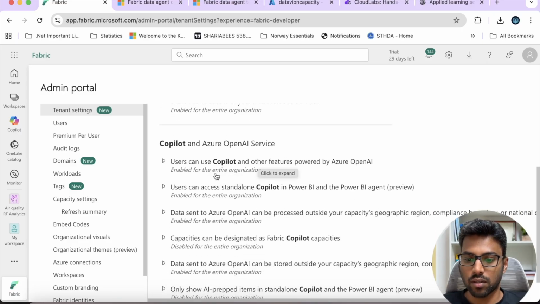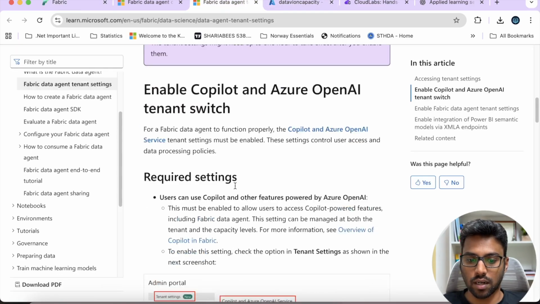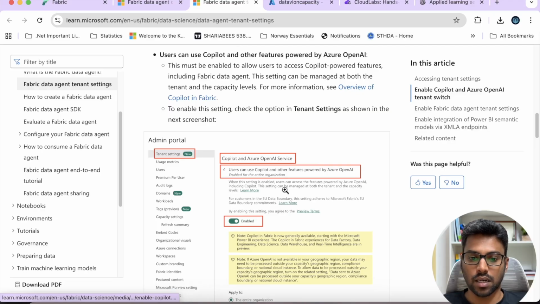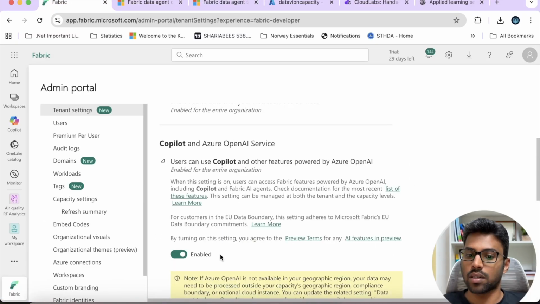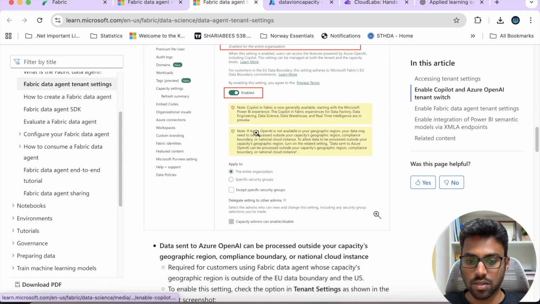Make sure a few things are enabled here. You can see there are screenshots in the documentation. Under tenant, users can use Copilot and other features. That's the setting you need to make sure is enabled at the organizational level or for a specific security group, so that you can use Copilot and other features powered by Azure OpenAI. That's the first setting. And the second thing is